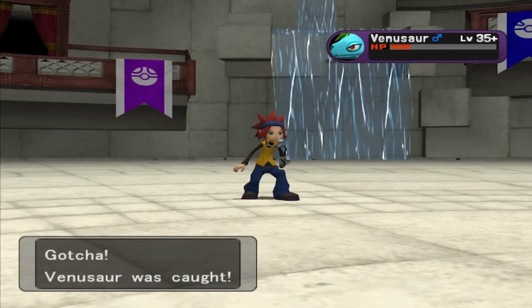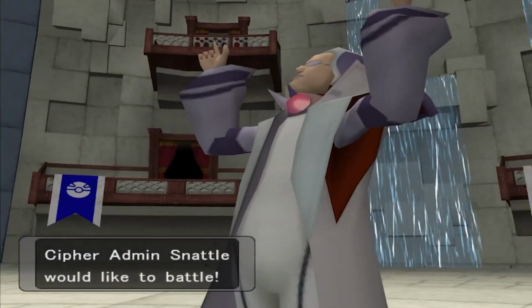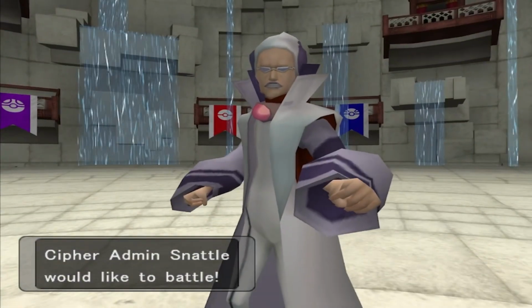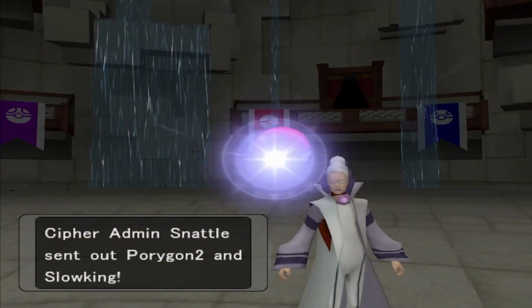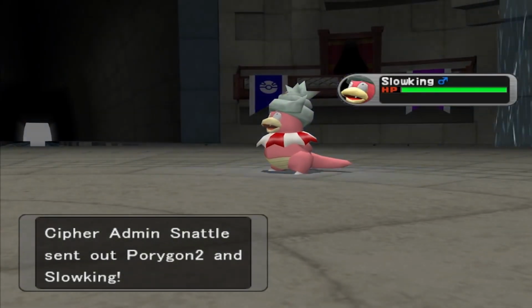Anyway, I catch the Venusaur and the Ampharos on this guy's team. Like, I don't even know why you have this. And now it's time to take on Snaddle. He was hard as hell, bro. He has a Porygon 2 and a Slowking. Luckily, I was able to break those two down, but honestly, he gets to a point where he sends out